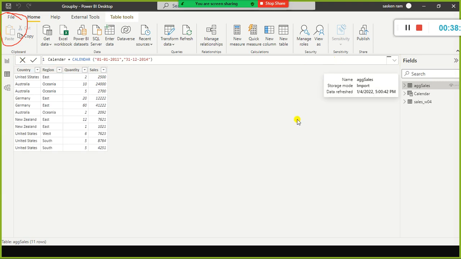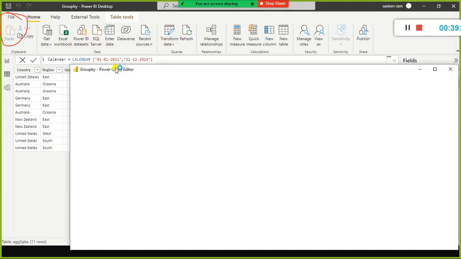Okay, so here this record, the United States, the name is different from these three United States values here in the country column. So what I do is now I go back to the Power Query Editor.